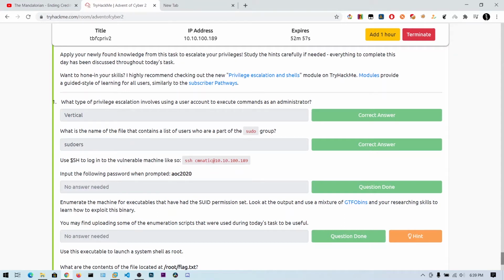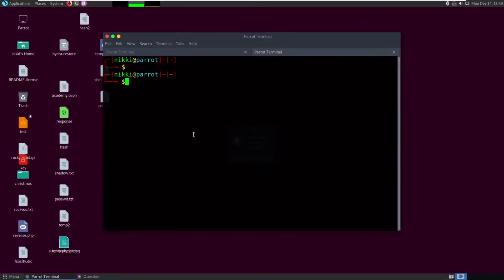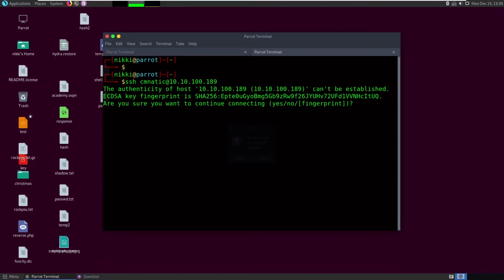Now they are asking us to log in to this computer using SSH, and they have given the credentials. Username is cmnatic and password is AOC2020. Let's go ahead and log in. ssh cmnatic@IP address, and hit enter. Type yes.